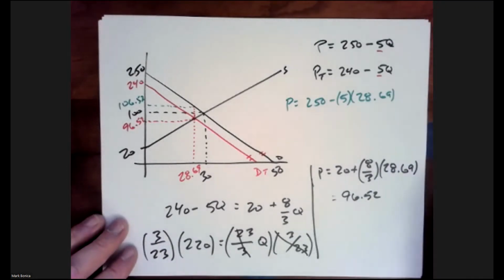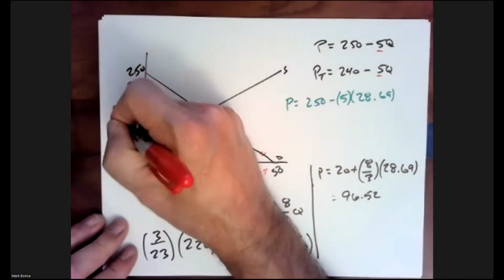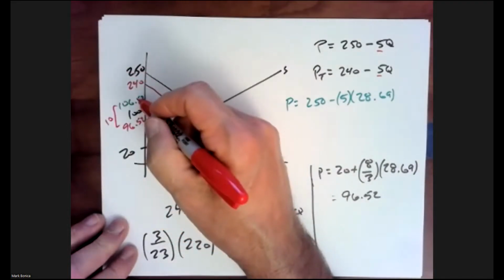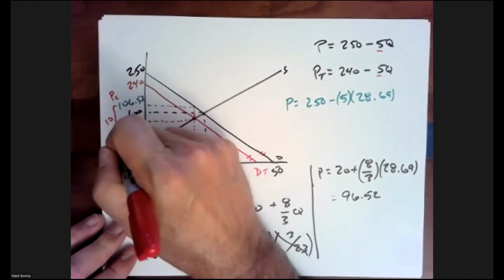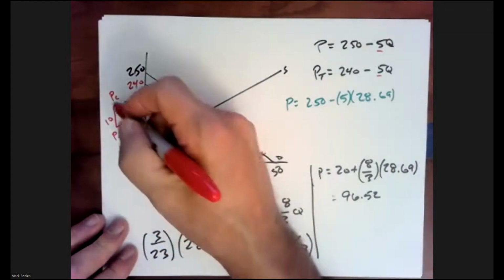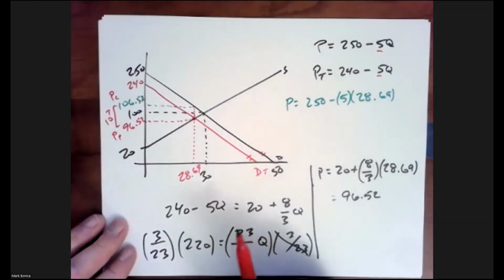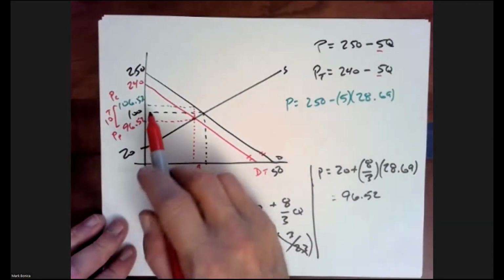And then the gap here, right, is 10, 106.52 minus 96.52. So this is the price the consumer pays. This is the price the producer receives. The gap is the tax. How much tax does the government get? Well, it gets